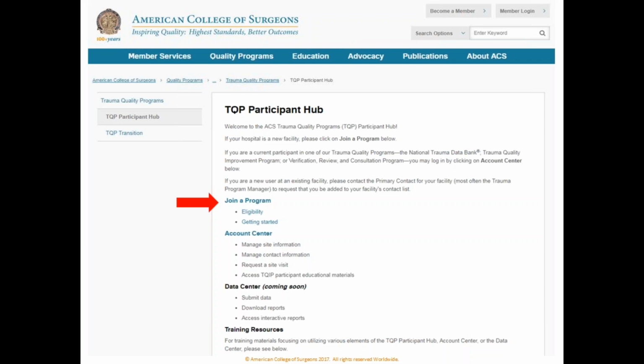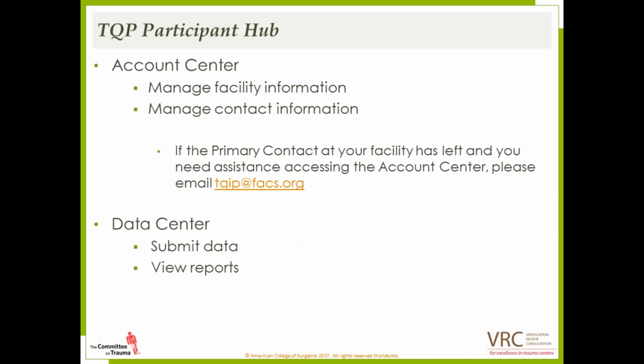Basically this is kind of like your portal to access, if you're a new program, you're going to join a program, but if you're an existing trauma center, you should have received logins, and you can certainly access your accounts and establish a primary contact and your registrar, and you can also submit data and download reports.